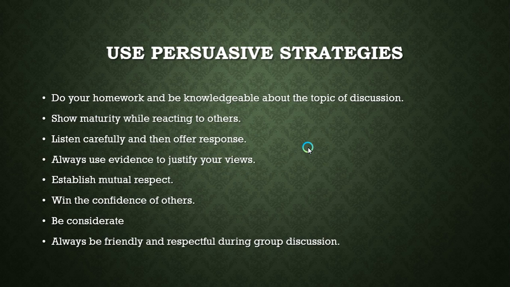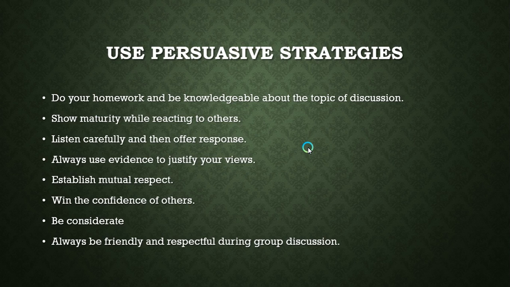If there is a topic going to be discussed, then you must be aware, you should have the world knowledge about that particular topic. Show maturity while reacting to others. Okay, then listen carefully and then offer response. Always use evidence to justify your views. Always authenticate your views